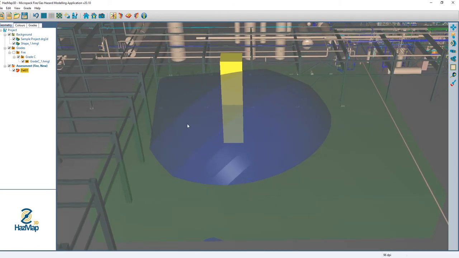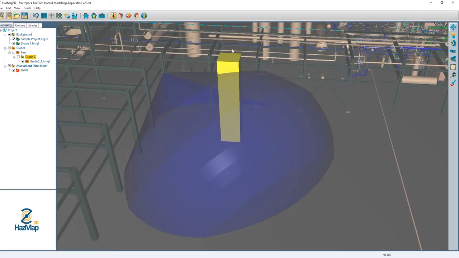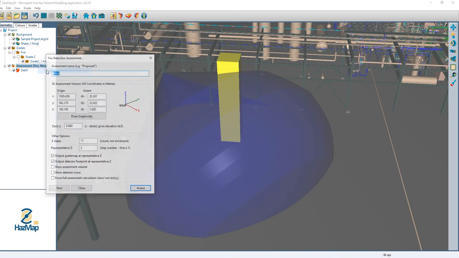obstruction for flame detection. So I've just graded this area for flame detection, graded C, and I'm just going to hide that so it's not in my way. I have a flame detector and I have this object, this generic object that I've just drawn into the background model that I can turn on and off. So if I take this and just say assess,